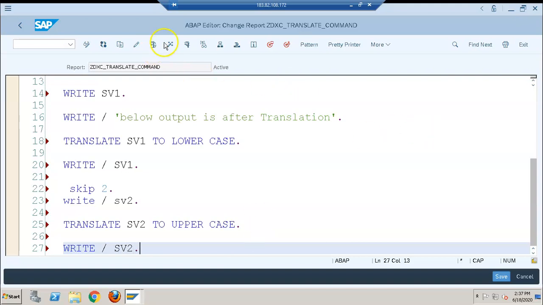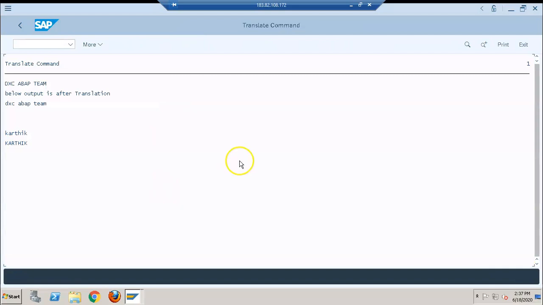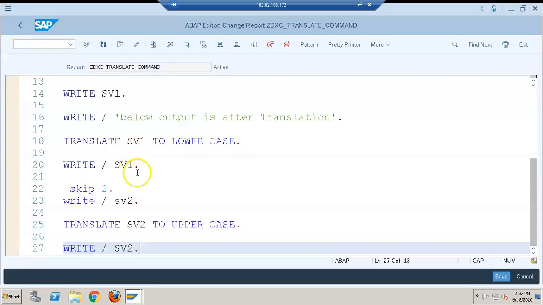So once it is typed in lowercase, and then it will be typed in uppercase. We'll execute and see. First Karthik is typed in lowercase, and then it is typed in uppercase. So we have DXC ABAP team and DXC ABAP team here. This is what we have.